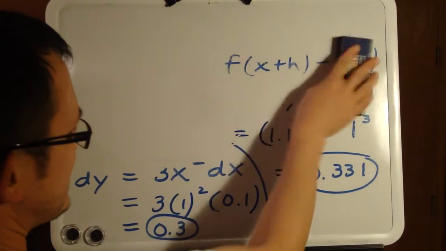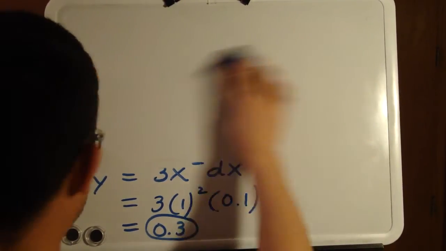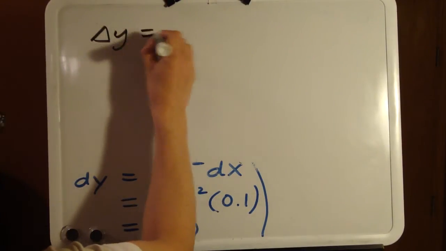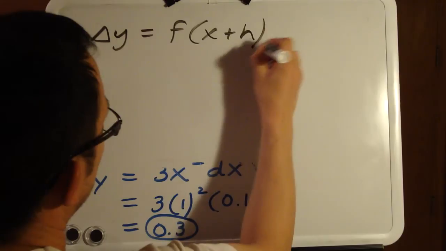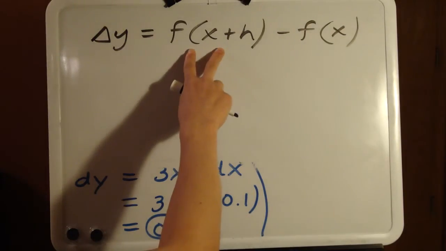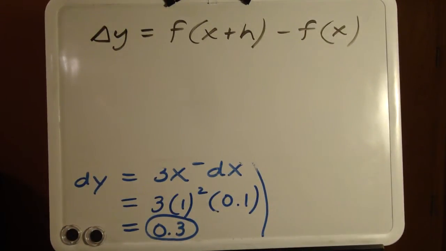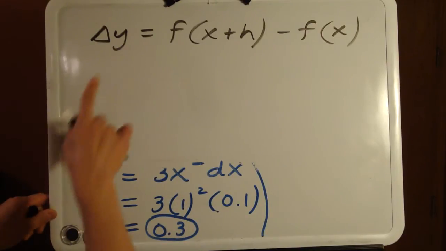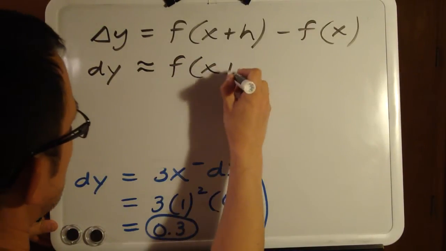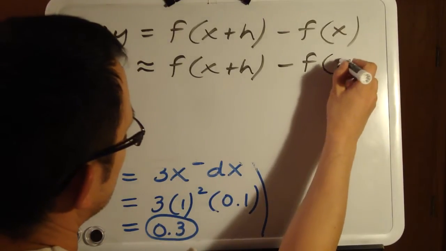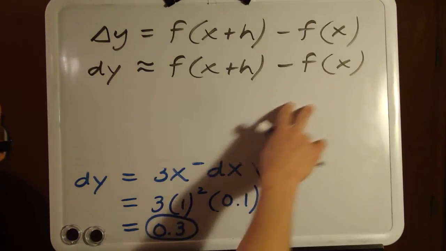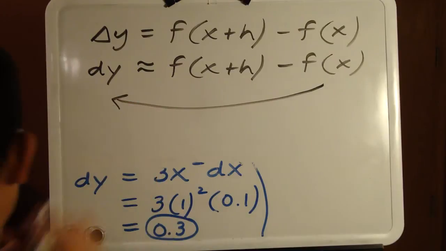Alright, so one more basic thing to talk about here. And this is going to build off a formula that we already had up here. So that's the actual change in the function. So this one here. So the change in y, right, delta y is equal to the new value minus the old. So what we can do here to start estimating is we know that dy is going to be pretty close to this. So dy we can say is about equal to this, right, provided that we have a small h, and then what we can do here is to swing this over to this side. Right, we're going to bring this over here,